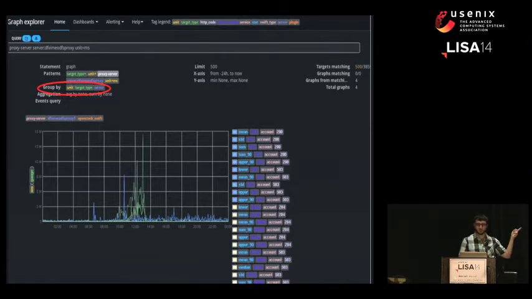And so the default group by is unit, target type, and server. And this means that all your metrics, if they have the same value of unit, target type, and server, they will go on the same graph. So in this case, we have one graph, which is a gauge in milliseconds, and it's proxy server 1 in the title. And then under that, we will have other graphs for other servers, for example.